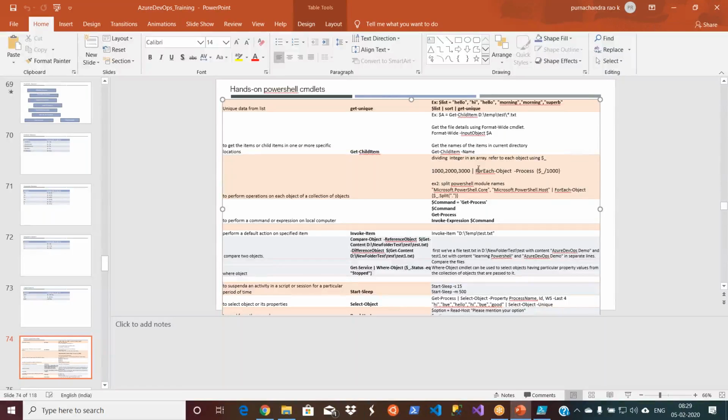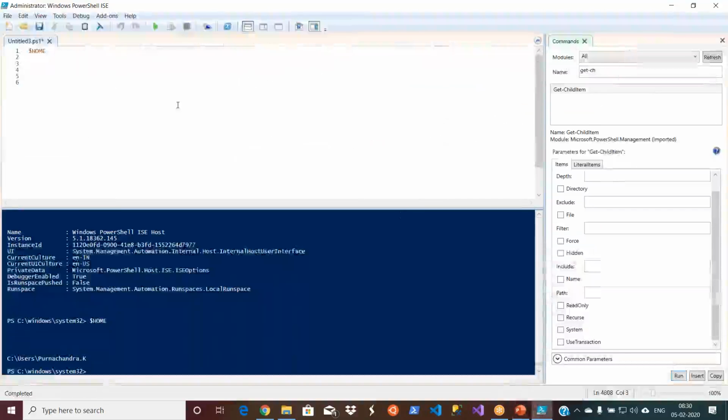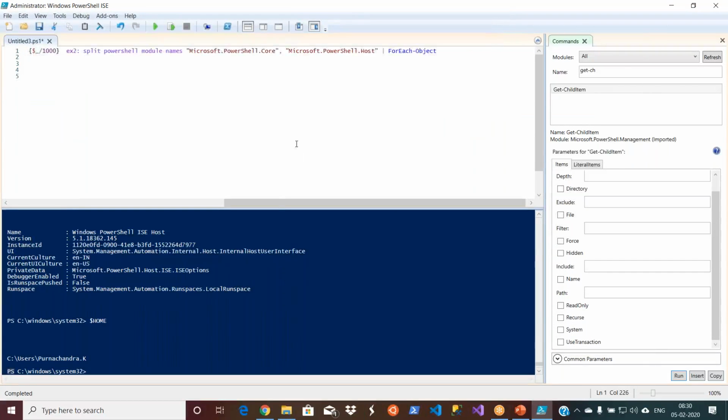So for every operation in any programming language, there are n number of ways to do that, and people use the type of way as per their comfort. Okay, there is no good or bad here. So let me take another one. So that is looping through the data actually. So what I'm trying to do here,